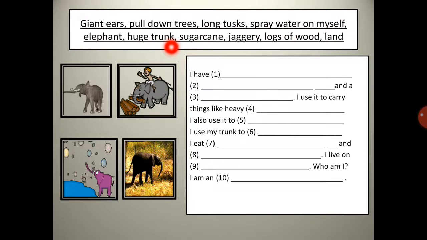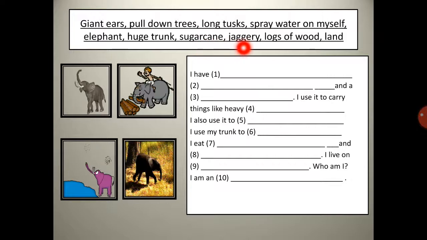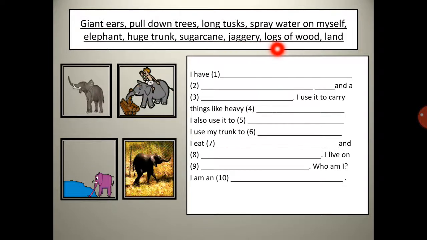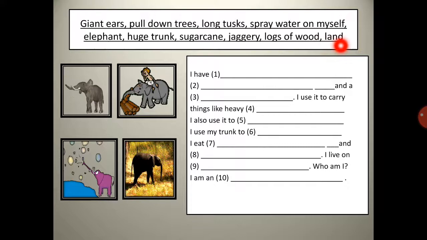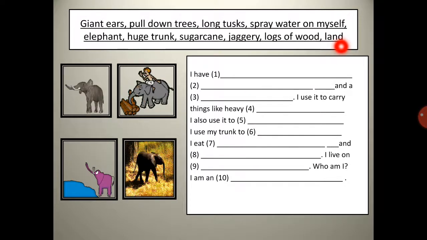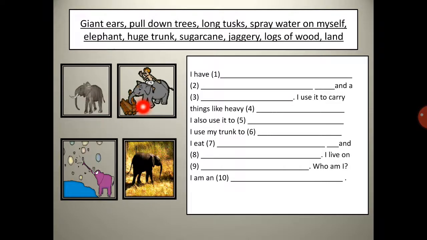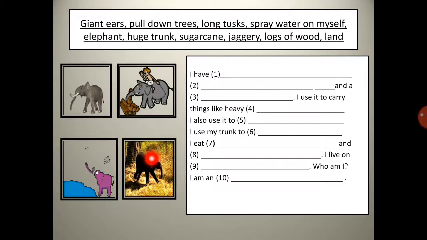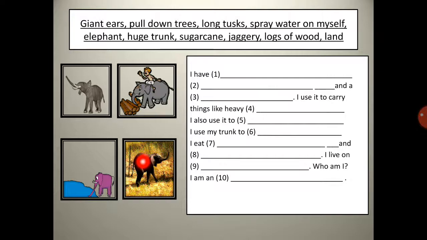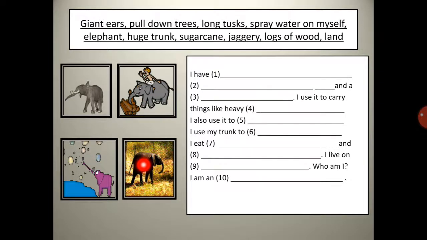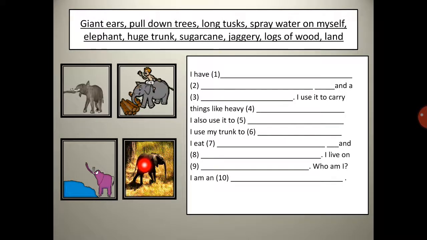Huge trunk. Sugarcane. Jaggery. Logs of wood. And lastly, land. Now children, here there are 4 pictures of an elephant. In these pictures you can see the elephant doing different activities.